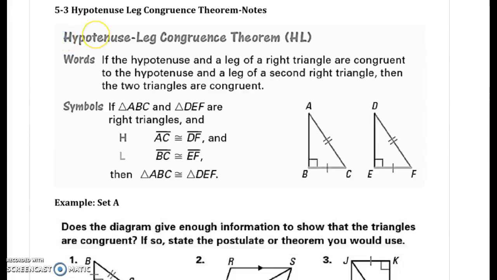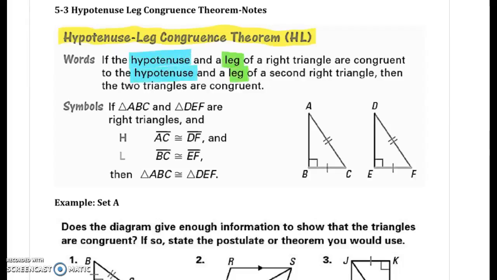Alright, so this last set of notes is very short. It's only one shortcut: the hypotenuse, leg congruence theorem, HL. It says if the hypotenuse and the leg of a right triangle are congruent to the hypotenuse and the leg of a second right triangle, the two triangles are congruent. So hypotenuse